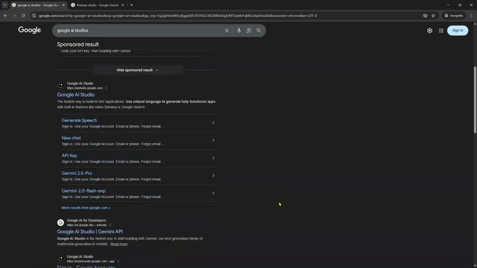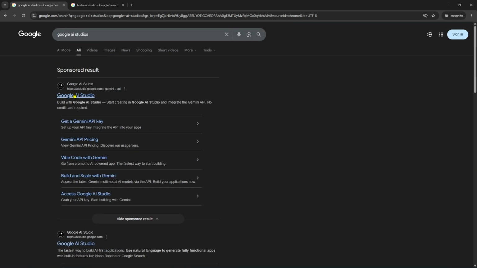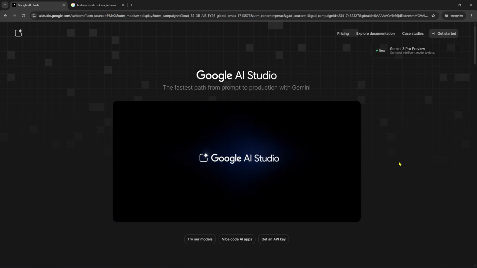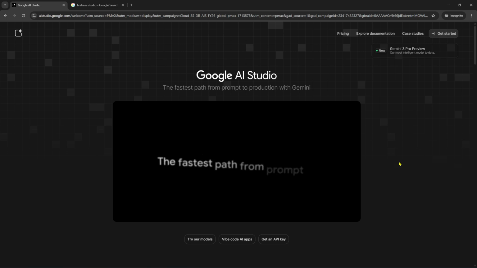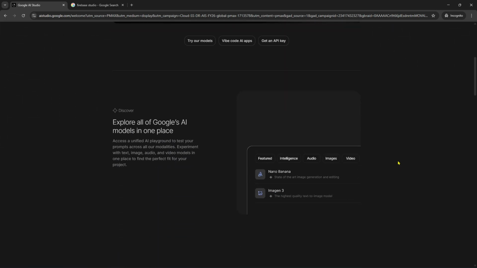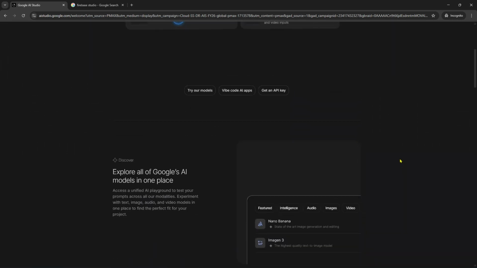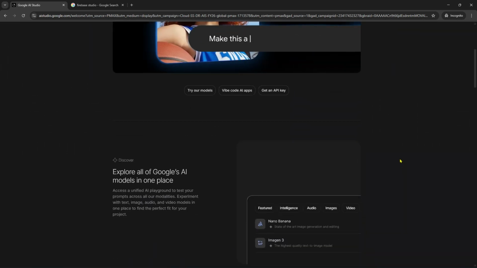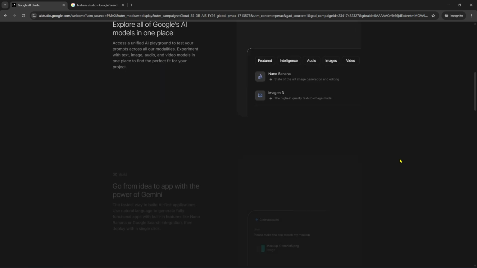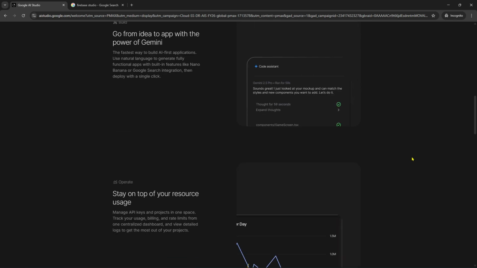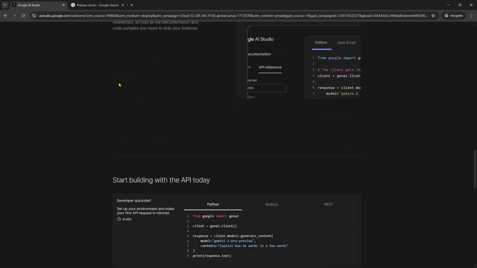development ecosystem. So Google AI Studio is a web-based platform focused on experimenting with generative AI models, especially Google's Gemini family. It excels at letting developers and creators prototype AI behavior, test prompts, explore model outputs, generate code snippets, and interact directly with APIs in a sandbox environment, making it ideal for AI research, prompt engineering, and lightweight prototype